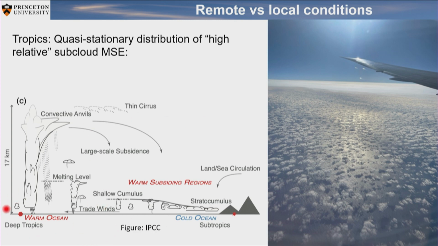Right, so the idea is, you would have the warm ocean, you have deep convection, you detrain here, and then you have the cold oceans, where you have a very strong inversion layer, and you have clouds, maybe something akin to the picture on the right. The inversion strength is very important for how much cloud you have. What you're really interested in is the temperature difference, or the energy difference, between here and here, because that controls, in the end, how much inversion strength I have here.